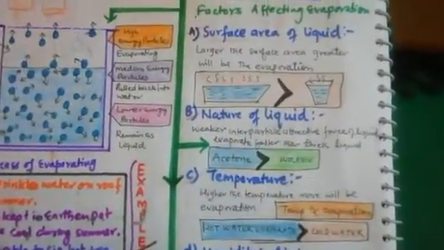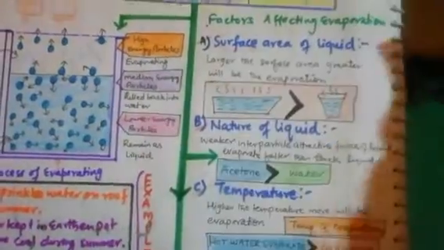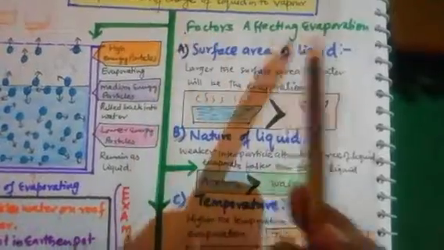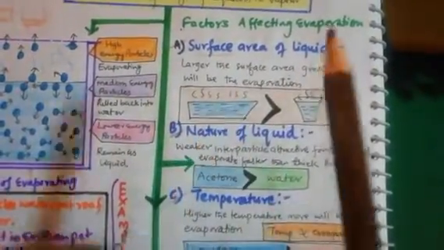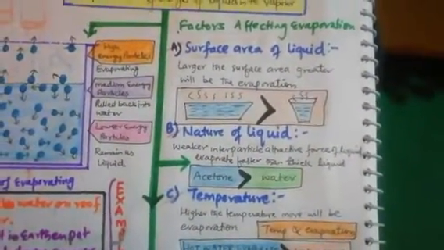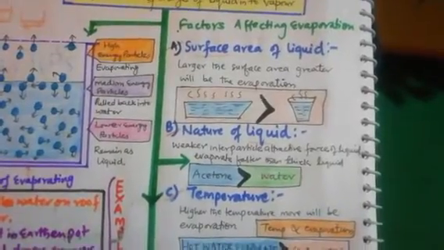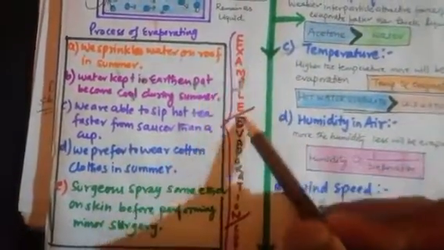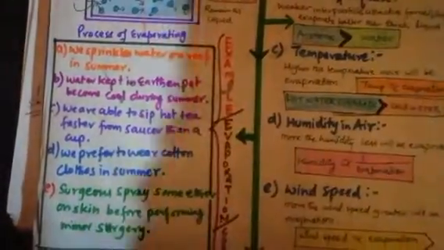These are the reasoning type questions. Okay, so we come to know now, the rate of evaporation increases with the increase in surface area, increase in temperature, decrease in humidity, and increase in wind speed. Okay, so let's move to the last topic, that is the process of evaporating, and some examples showing evaporation